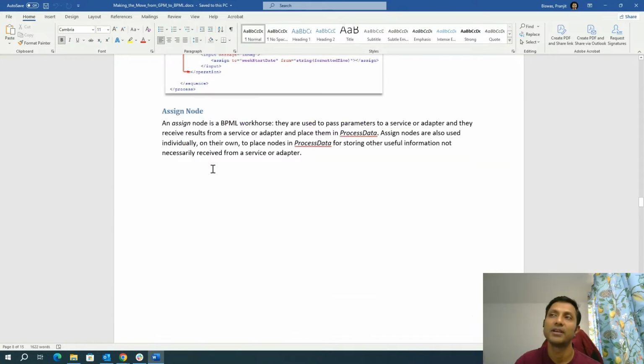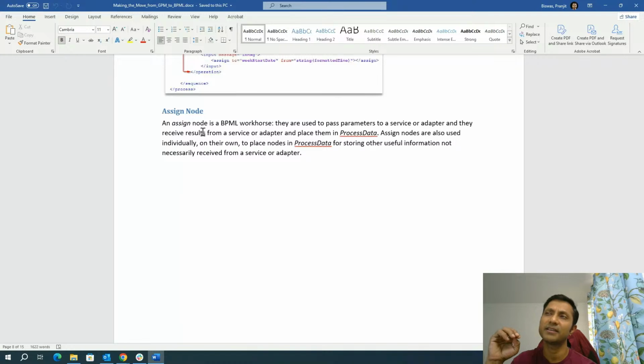Moving on, assign node. Assign node is a very crucial element within a business process. For a business process, typically I've seen it's almost 99.99% you will have some kind of assign statements, because you have to assign some variables, assign some constants, or provide some information through assign statements. So it's very important that assign node is something that you are familiar with when you are actually developing